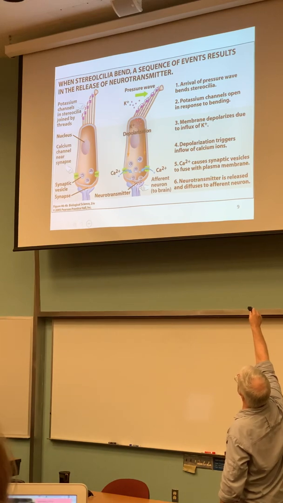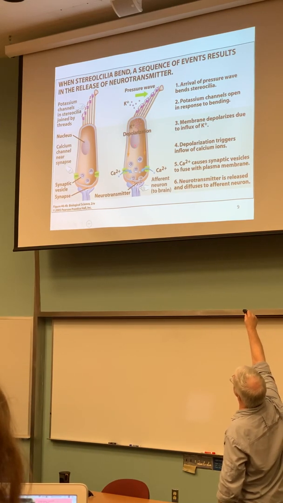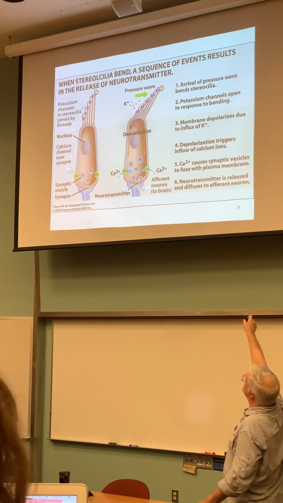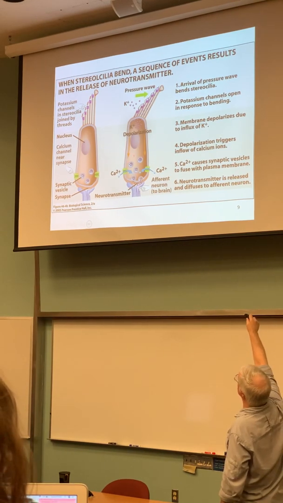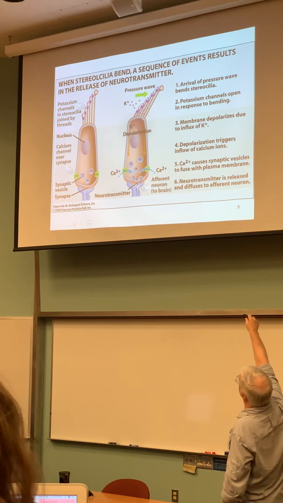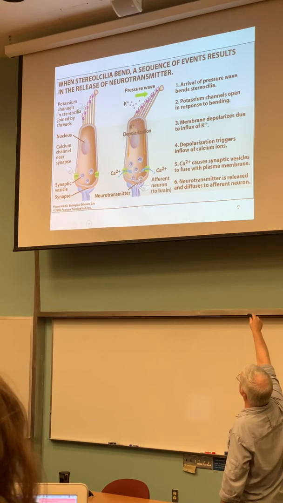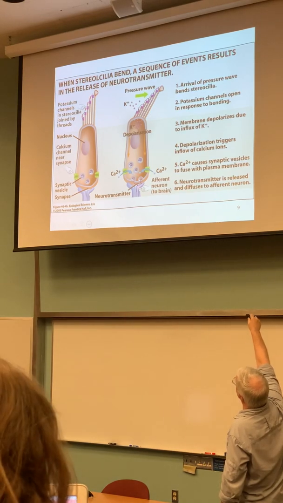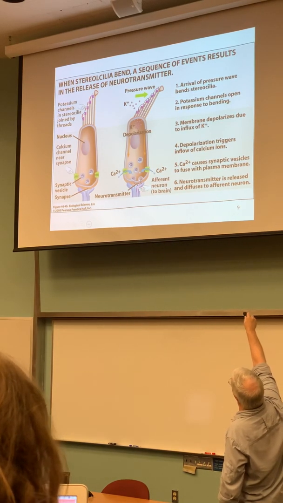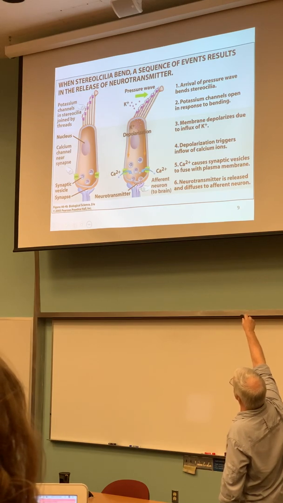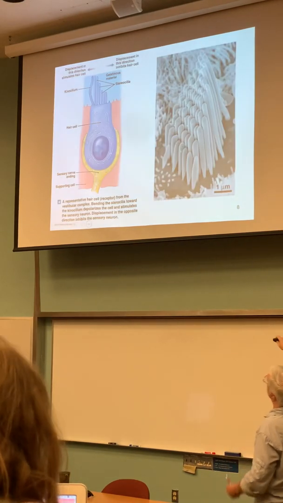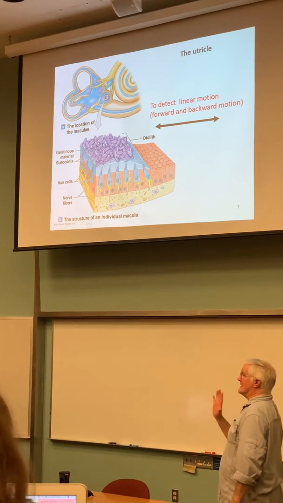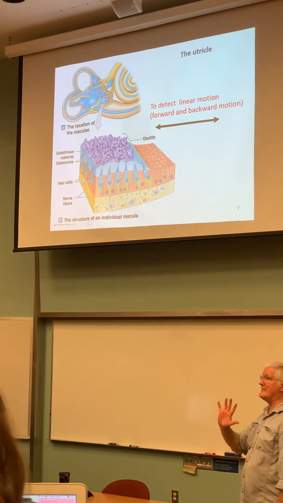That means I'm bringing a positive charge, making the membrane become depolarized. It's like a graded potential. Not an action potential, but it's a graded potential. And then they have to actually activate voltage-gated calcium channels. Calcium comes in, lands on a vesicle, exocytosis of glutamate, and I can activate that afferent, that sensory neuron going to my brain. And that's because to detect linear motion, the macula is oriented in an up and down